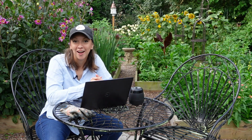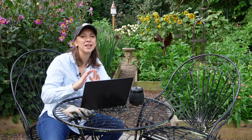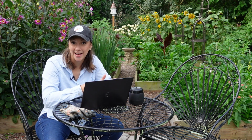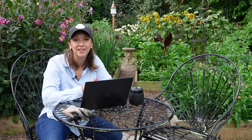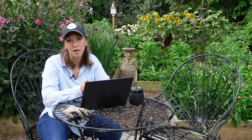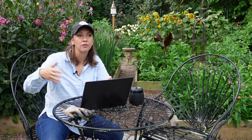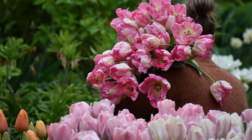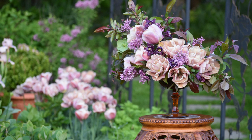Today we're going to be talking about 10 tulips that I absolutely adore and 3 tulips that I could definitely live without. I just put in my bulb order with Longfield Gardens a few days ago, and I thought instead of going over my full order and talking about all the new varieties, I'll talk about the ones that I know perform really well for me here as garden flowers, as cut flowers, and also